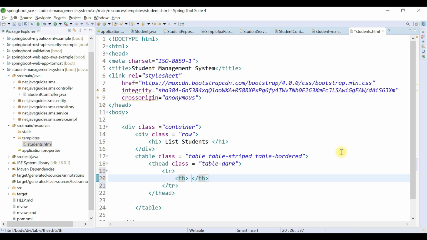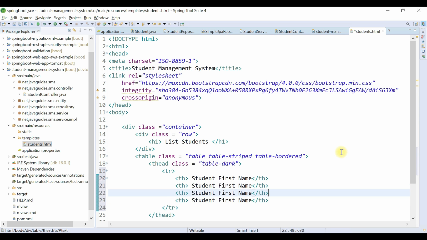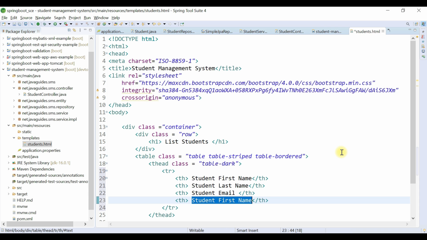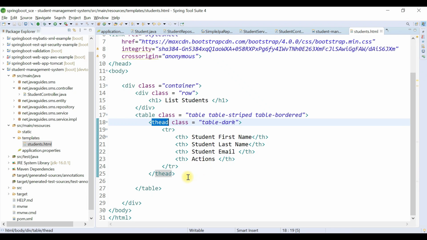So first is student first name, and let's define a few more columns, that is student last name, and then student email. And here we define a column for actions like update, delete, etc. Okay, so this is the table header.